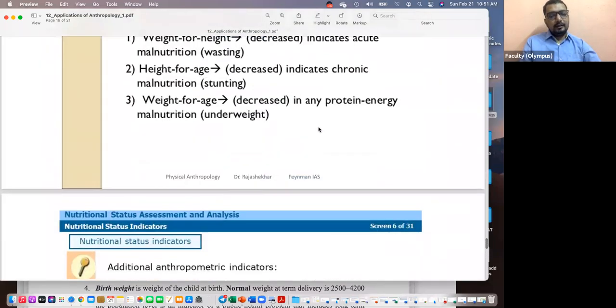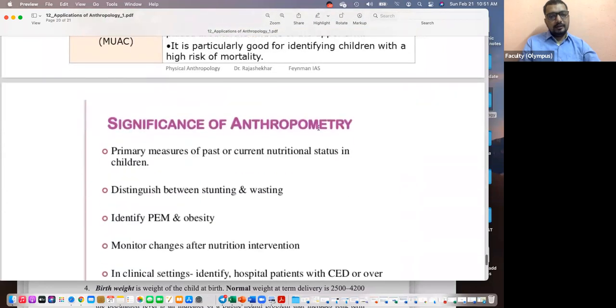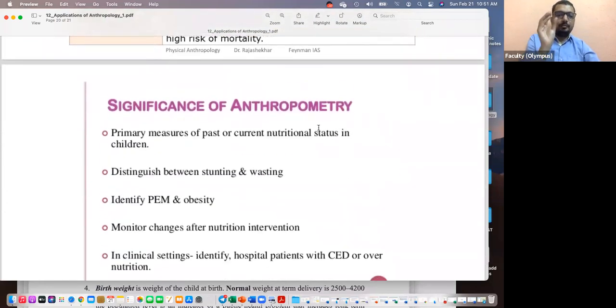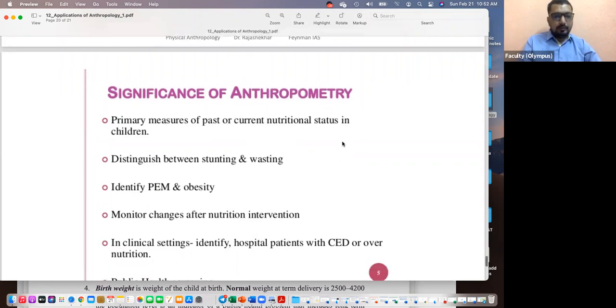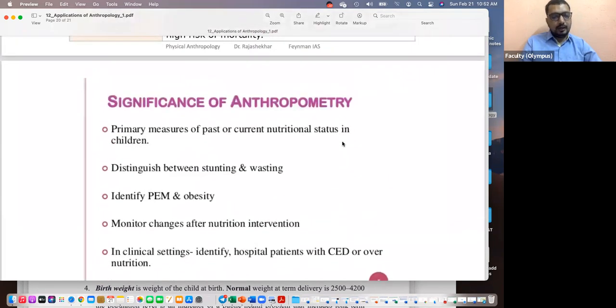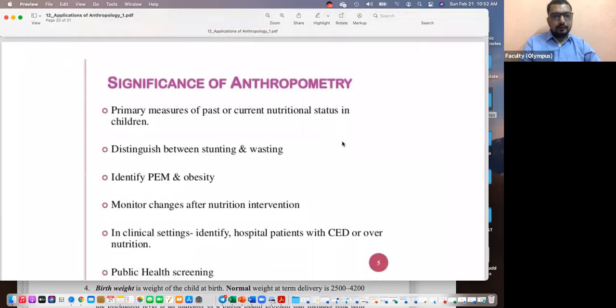So like that, in nutritional anthropometry, such studies are done. I've given you a specific idea about what measures are used and what they reveal. Put them into the context, as Nikhil is talking about, of how this is useful in making proper measurements in a developing country like India. I'm going to give you a WHO case study related to that. So far I think we understood the importance of anthropometry, nutritional anthropology, right? Through simple measures, it can give us the nutritional status of a given individual, a given child.